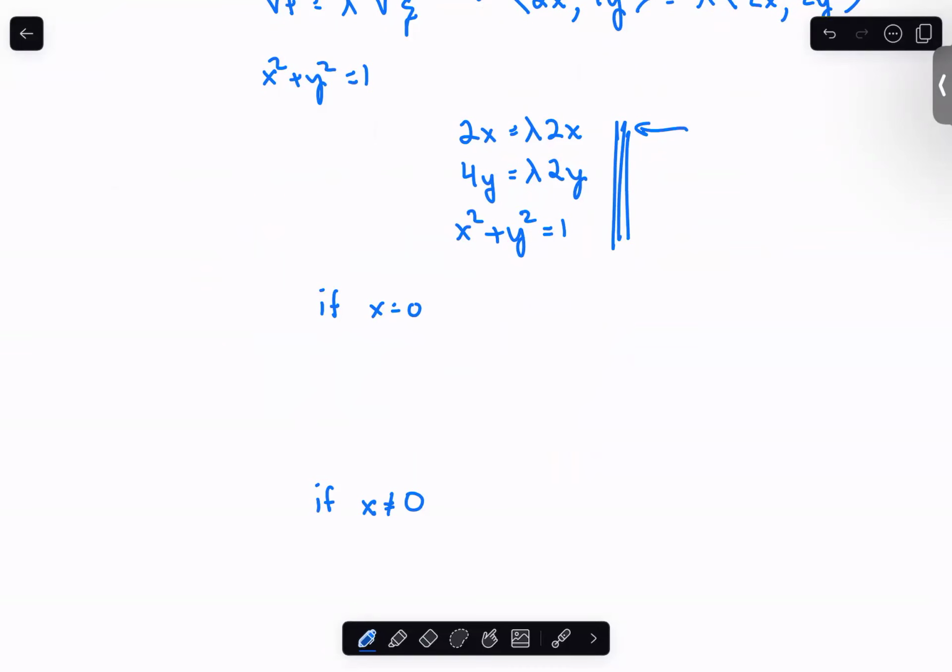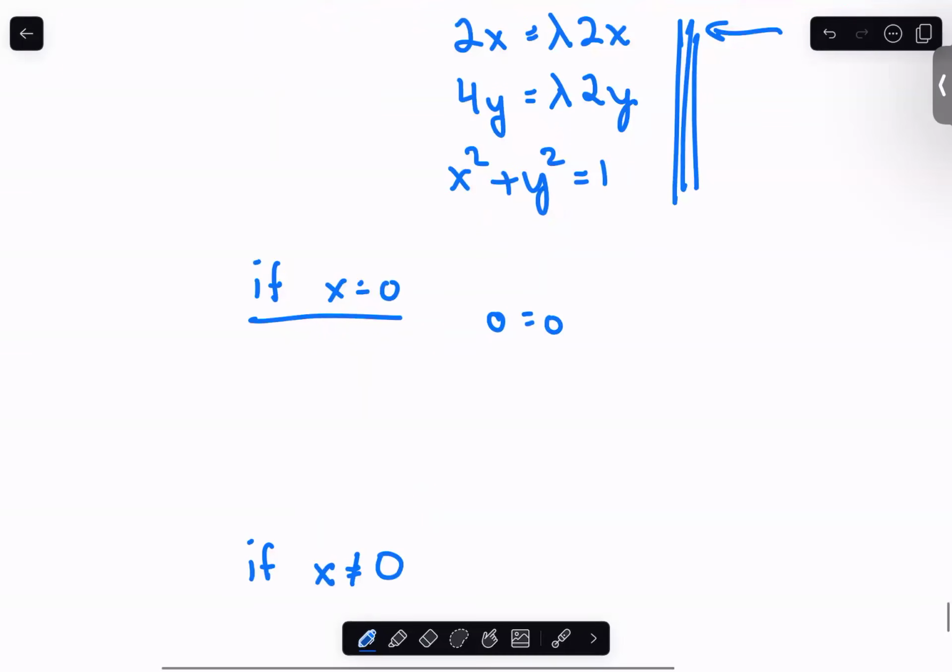So if x happened to be equal to 0, this first equation would just say 0 equals 0. So I don't get a lot of information from that. The second equation, I could simplify it a little bit, but it would say 2y is equal to lambda y. And again, we're being careful about canceling. I'm not sure if y is 0 or not yet, so I'm holding off for the time being. My third equation would say that if x is equal to 0, then y squared should be equal to 1, because it originally was x squared plus y squared equals 1, but x is 0 in this case. So this is going to tell me that y is going to be equal to plus or minus 1,